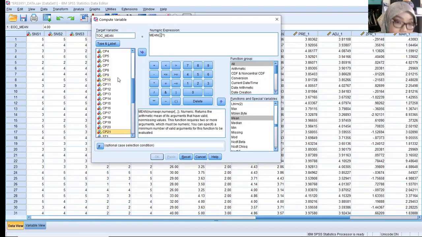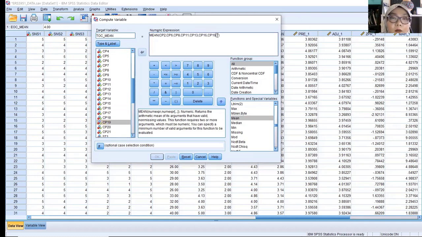As I mentioned earlier, the items measuring task-oriented coping are CP2, comma, CP6, comma, CP8, comma, CP11, comma, CP13, comma, CP16, and lastly CP19.